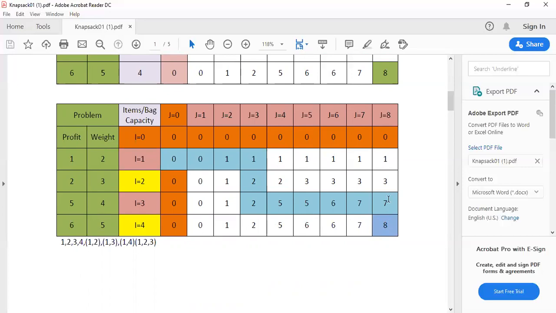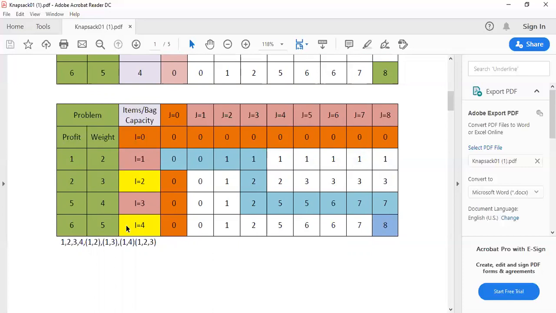Because 8 is not equal to 7, this 8 has come from this row, so I am adding that item. I have highlighted the 4th item as being added. Next, after adding, I move one row above and subtract, or you can say it like this also: move one row above and count the total weight of the item being added. Now which item are you adding?